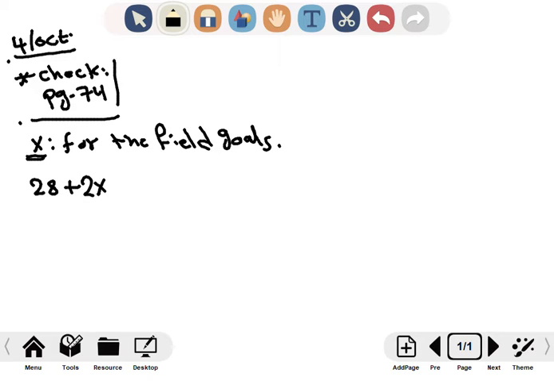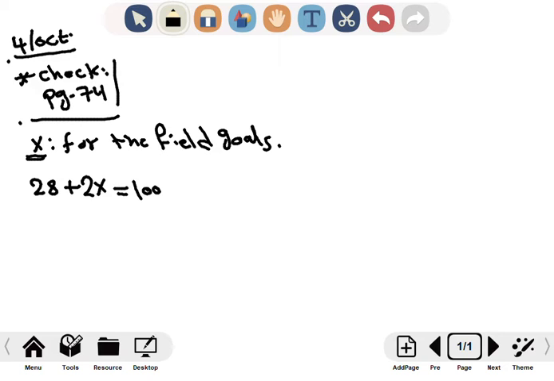Assume he threw 3 times. 3 multiplied by 2 points each time, 6. Plus 28, which is already scored, right? 34, right? Same idea. The question said, in all of the game, he got how many points? 100 points, right? But the question wants us to know how many throws, which is the value of x, right? So here we have 28 plus 2x equals